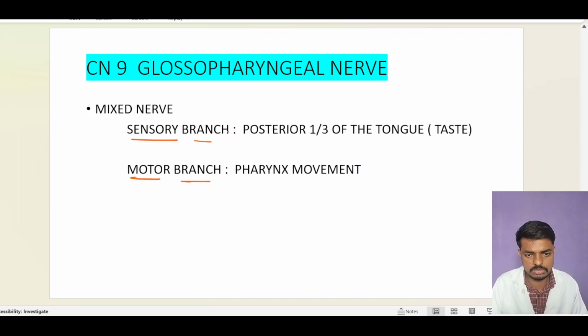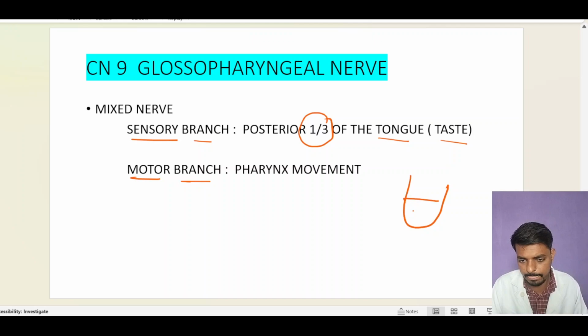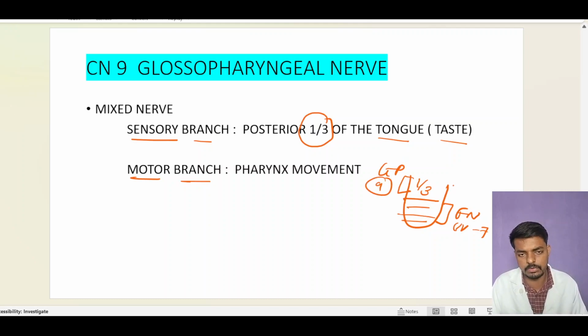Okay, the sensory branch, I have already told, is responsible for supplying the posterior one third of the tongue, that is for taste. The anterior one third of the tongue is supplied by the facial nerve, and the posterior one third of the tongue is supplied by the glossopharyngeal nerve. This is the facial nerve, the cranial nerve number 7, and here is our glossopharyngeal nerve, the cranial nerve number 9. Both nerves supply, and you will get different types of taste, that is the bitter taste,